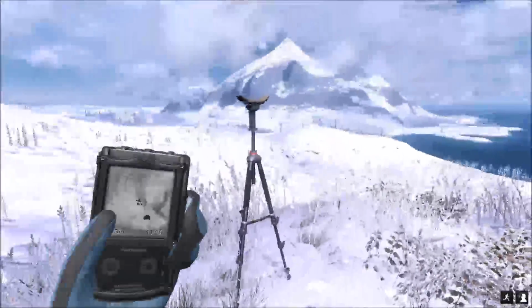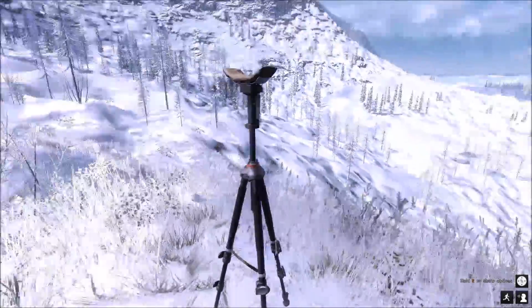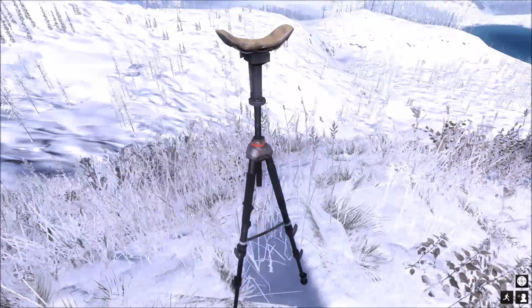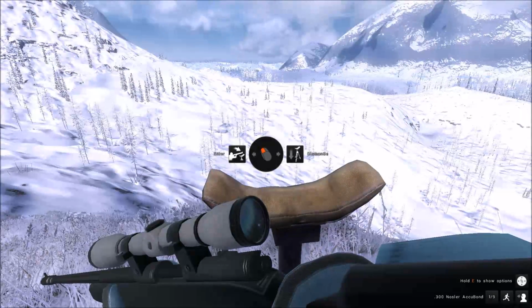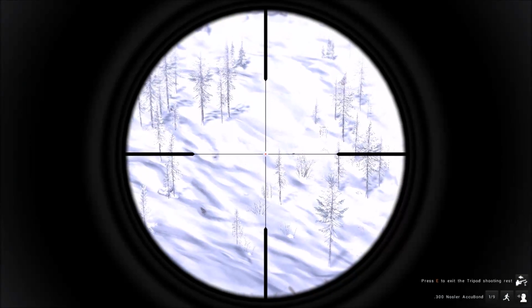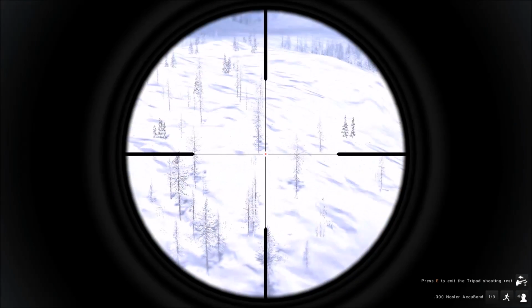So this is what it looks like whenever you deploy it. Just very standard. It's black with a little orange thing in the middle there, and a pad at the top. Here I have the 300, which is my highest skill on the rifle. If I push E, you can see I can dismantle or enter it. And if I do enter it, you can see I am fairly steady, not really steady, but